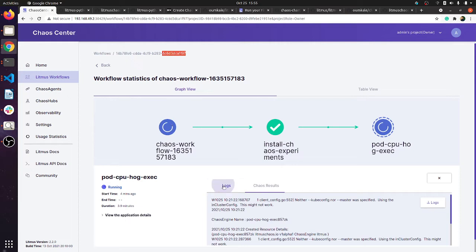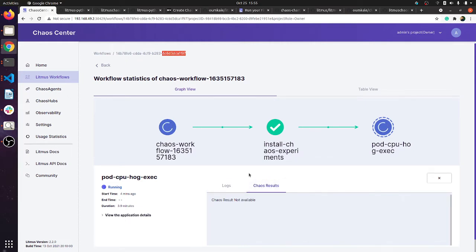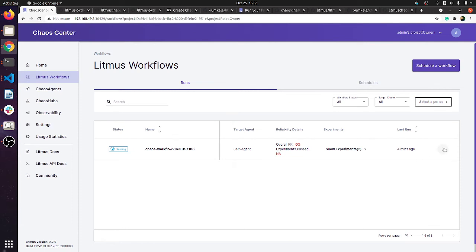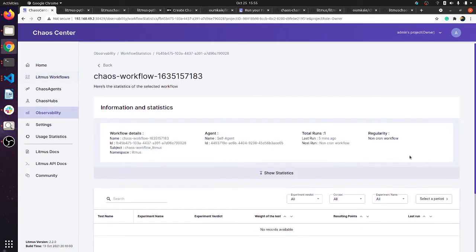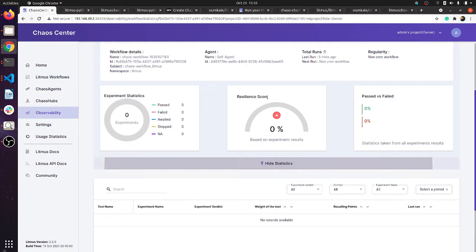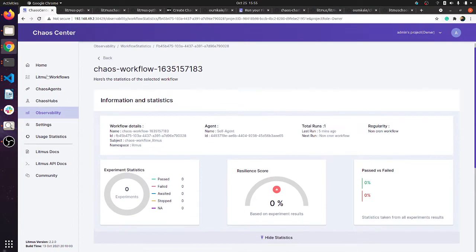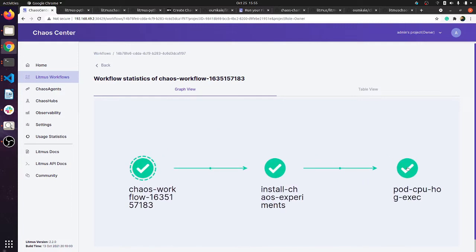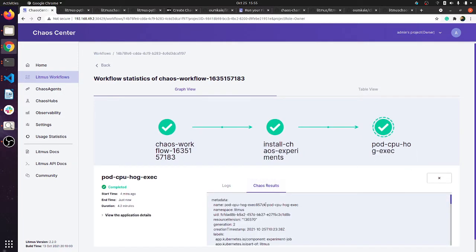Let's wait to get the chaos result. For the timing, let's have an analytical view of this. Let's wait for it to complete first of all. Yeah, it succeeded. So results are here: no failed steps, 100% success.